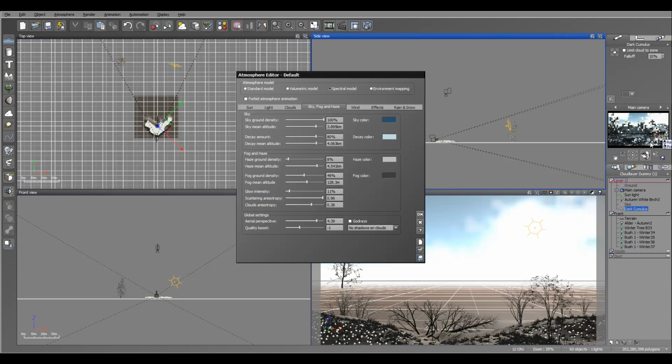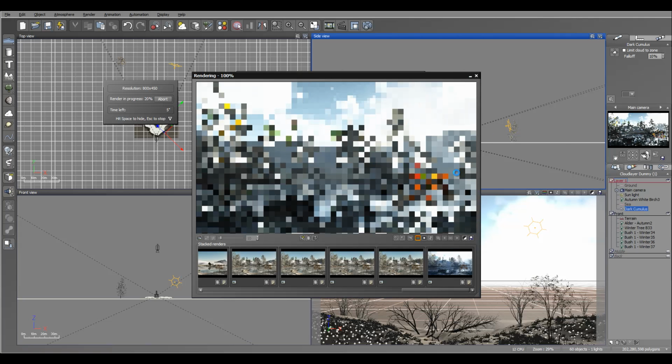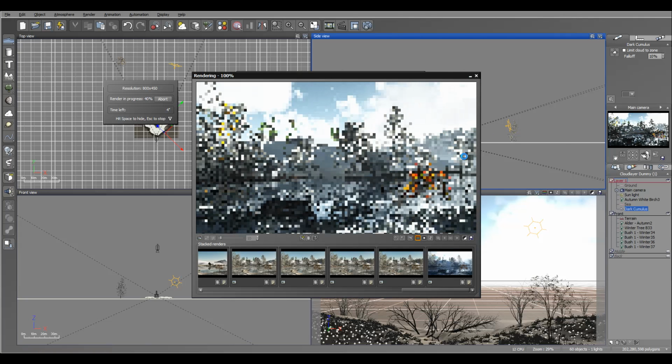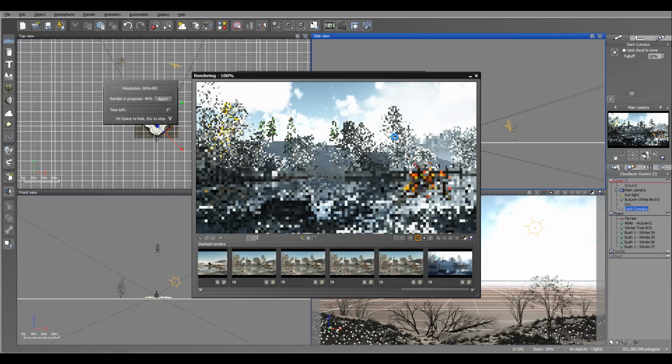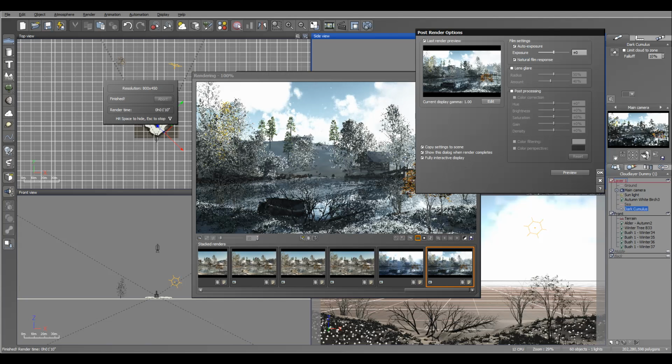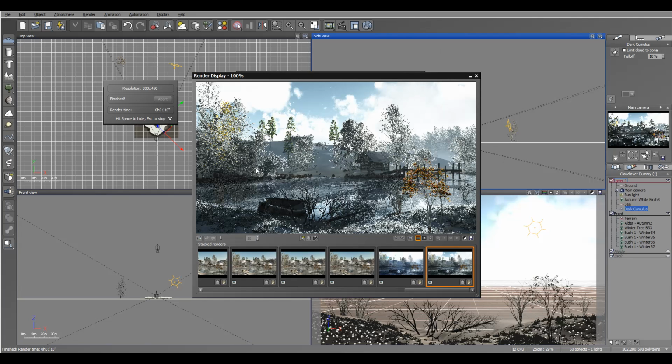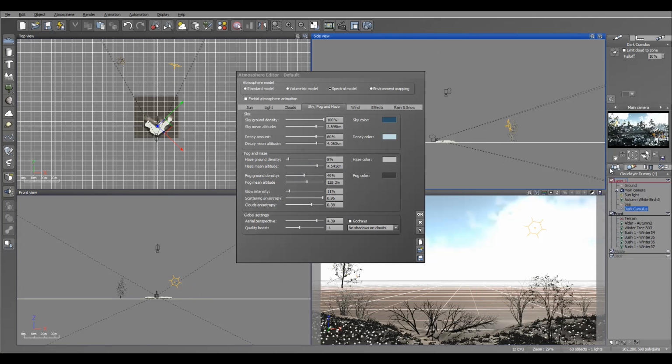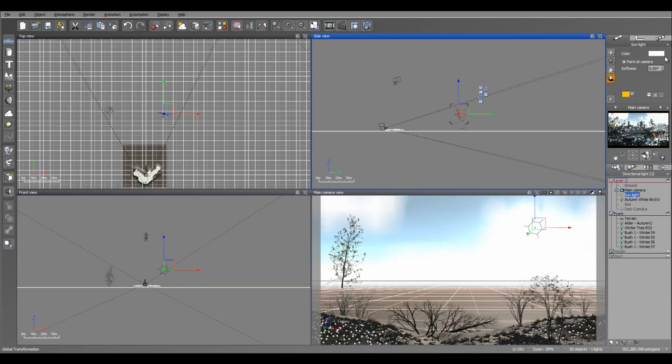Let's preview what we have. Okay, I think this is getting closer and closer to what we want. Again, this is a background, a digital background we're creating that will be dropped in, so we want to create some details but not overwhelm with details. It's mostly about bringing the theme and the feel of this frozen, cold time. So it looks nice. I think it's almost ready for the final render. One thing I want to do is take the sun and add maybe about 10 degrees of softness, so the shadows become